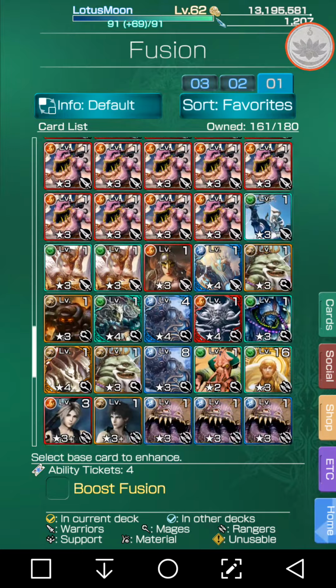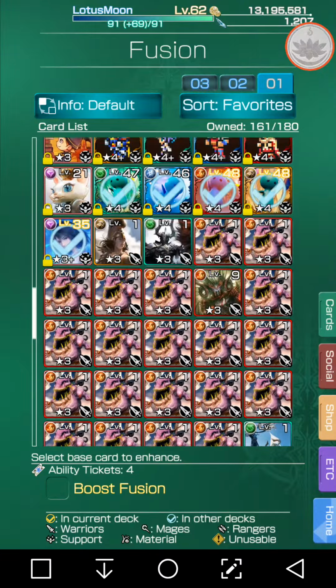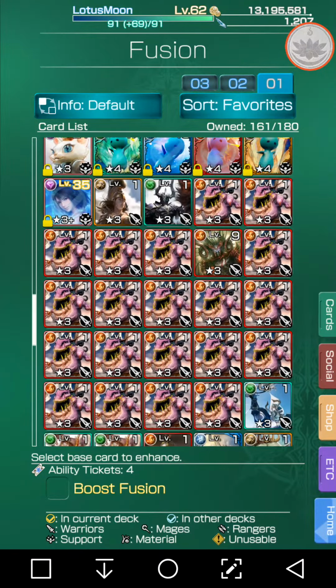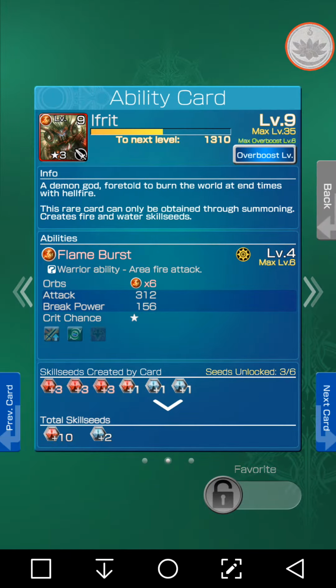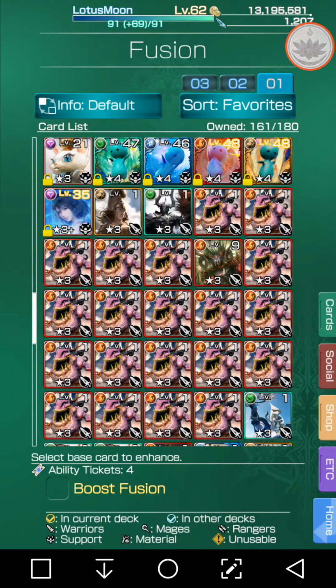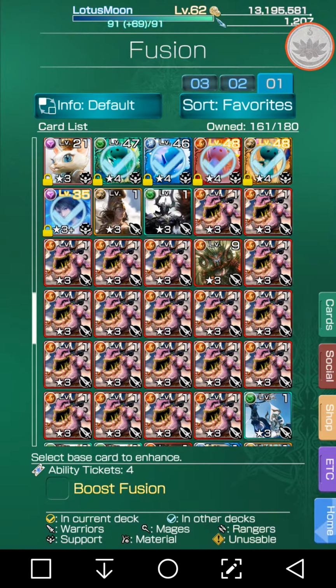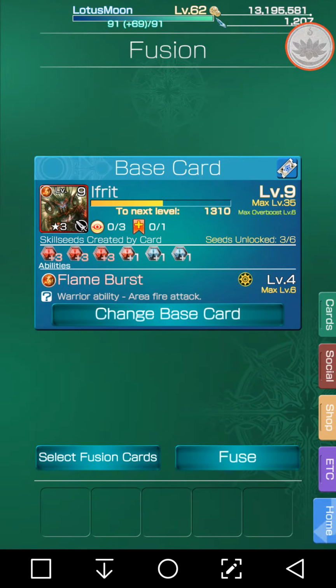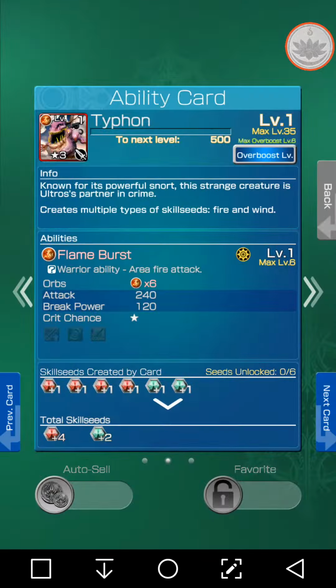So, in the example I'm going to use for card fusion, well, first, let me show you what I mean, okay? So, this card right here, you can get from the ability shop, and it has the ability Flame Burst. So you want to look out for cards that have the same ability as the one you're trying to upgrade, okay? So you can increase the ability level. So for example, if I wanted to fuse this, here we go. So you want to find cards with the same ability. So this Flame Burst here,